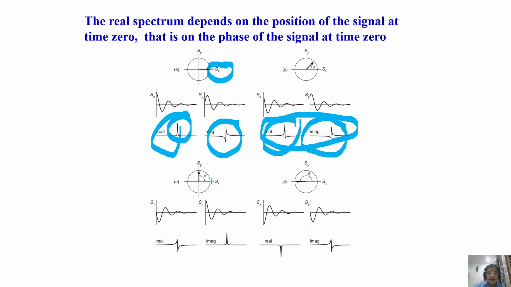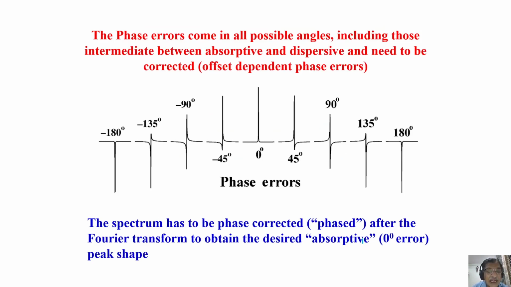This is what happened. I saw what happens with the magnetizations along the y-axis or the minus x-axis. We can even see that if it is along the minus x-axis, the real and imaginary components get interchanged. When your detector is along SX, the x-axis, and the signal is along the minus x-axis, you will get a real absorptive peak which is negative maximum. Okay. So this is how you should know about the phases of the signal depending upon the pulses. Okay. So let us say there is no error, but generally there will be error.